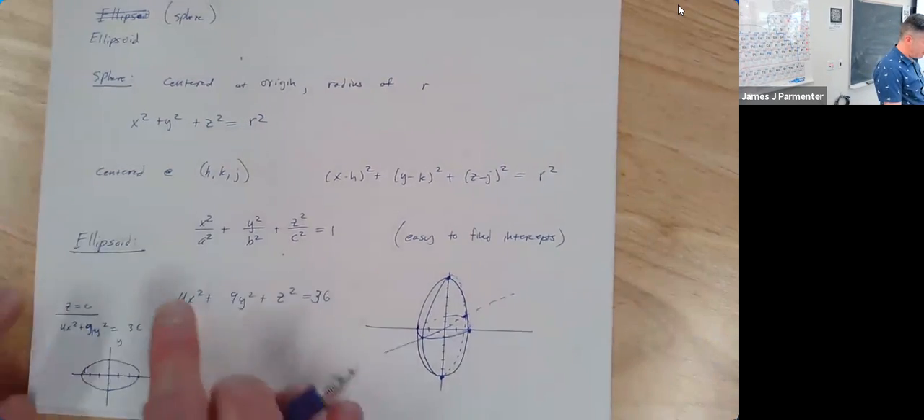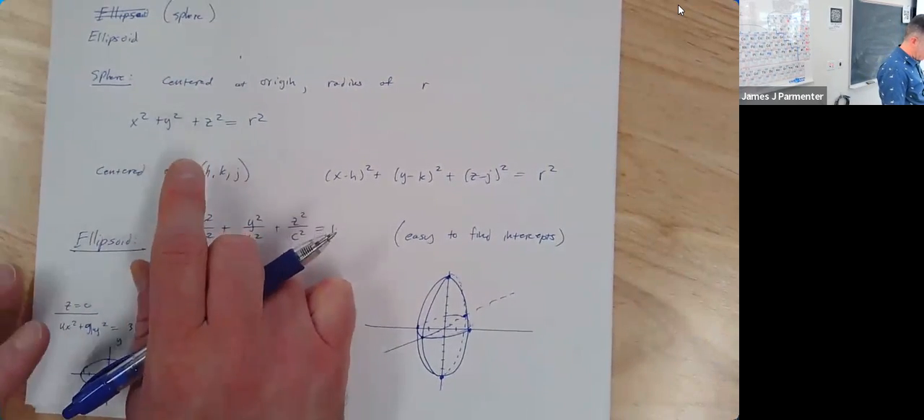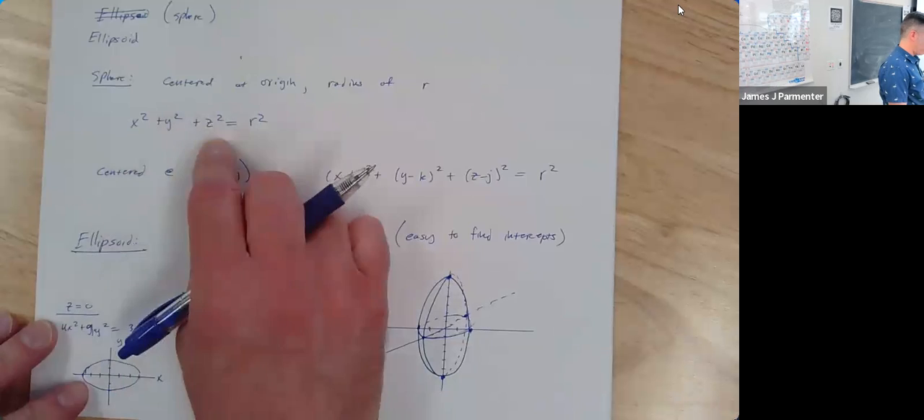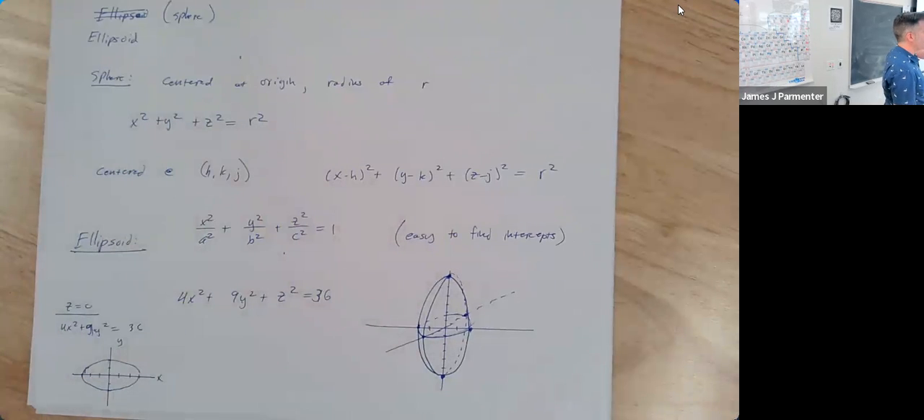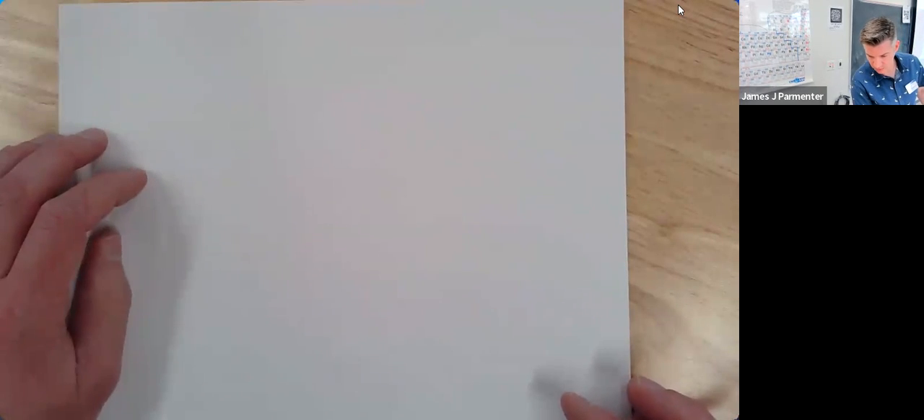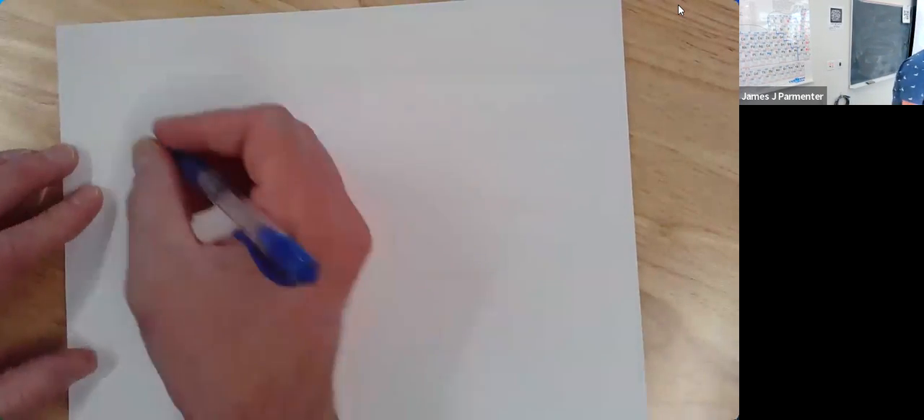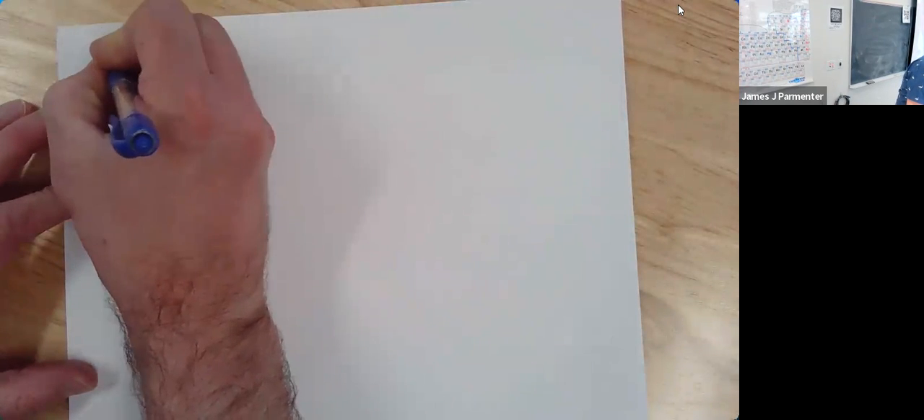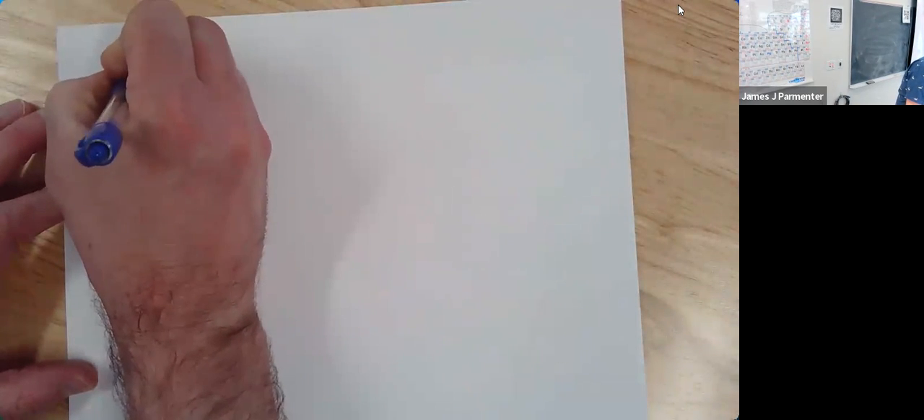So the reason I'm emphasizing that x squared, y squared, z squared are all positive is because for the next 2 quadric surfaces, 1 or 2 of them is going to be negative. So let's draw the next one. And this is where I think the traces actually really come into play. We'll do that one first. So let's say we had a hyperboloid